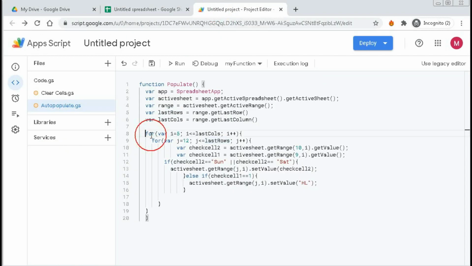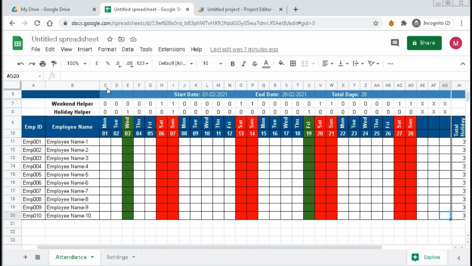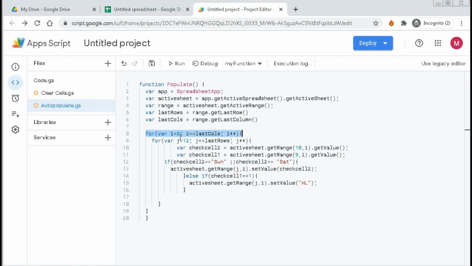Here we are using a loop, that is i equal to 5. Here i is the column. Our first column is C, that is column 3, so here it will be 3 and it will loop until the last column. i plus plus means when it checks the column i, after that it will check i plus 1.